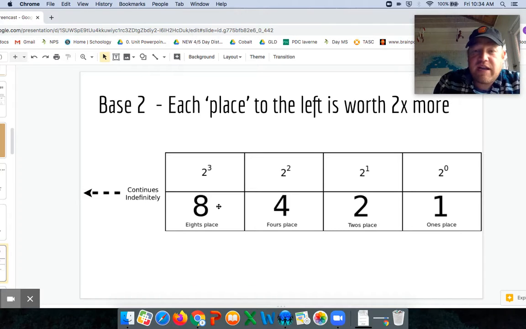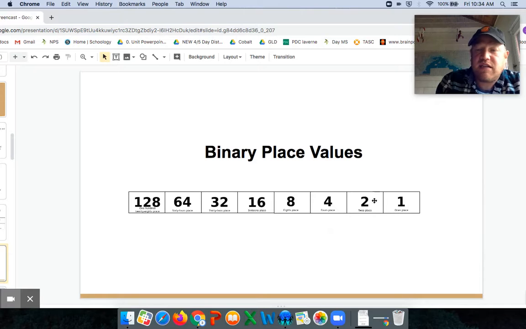So actually our binary values are going to be these numbers. 1, 2, 4, 8, 16, 32, 64, 128. Could we keep going over to the left here? We absolutely could. We could go to 256. That's twice that. We could go to 512, twice 256. We can keep going on forever, just like we can make our numbers bigger and bigger and bigger in our